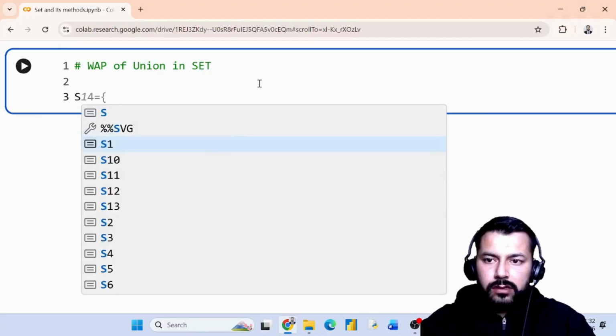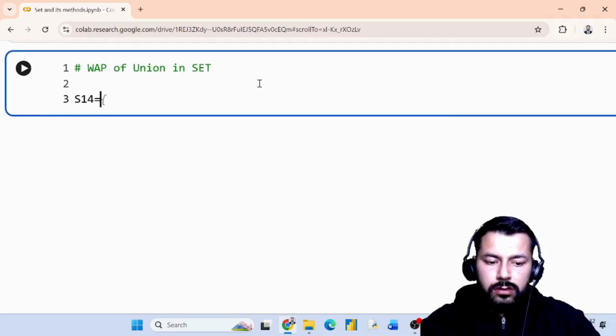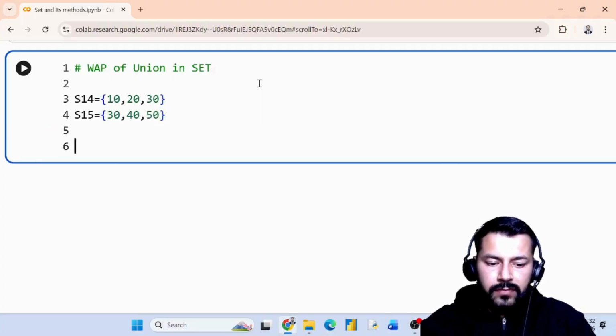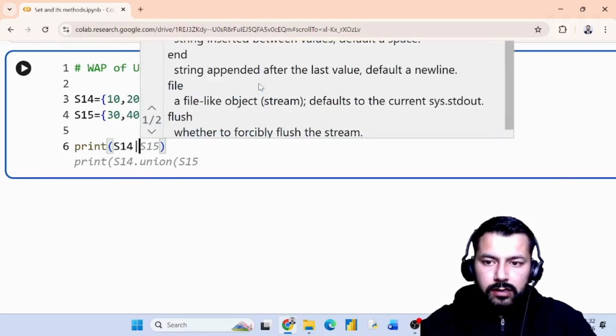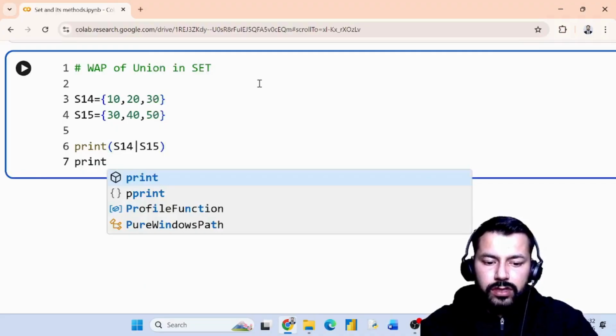Let's take the variable s13 we have used here. So now let's take s14, curly braces 10, 20, and 30. One more. Now let's declare that is s15. Enter 30, 40, and 50. And now let's do the union. So there are two ways to do the union. One is that print s14 and in this way, and there is another way to do the union, that is